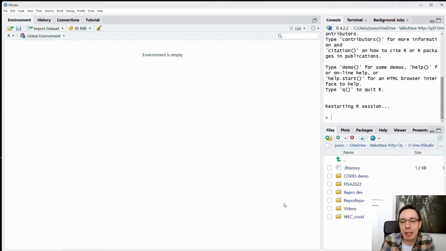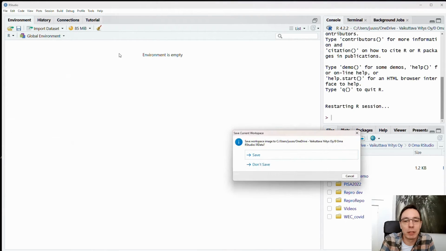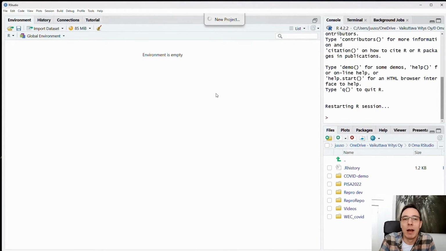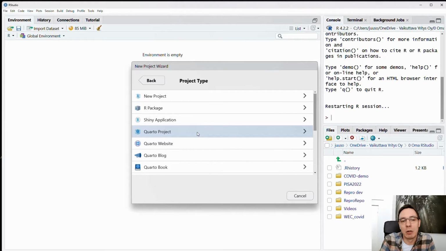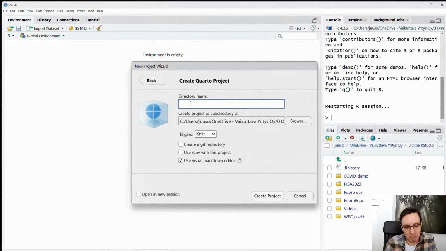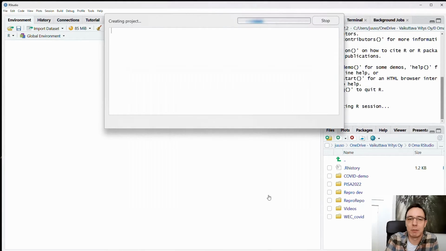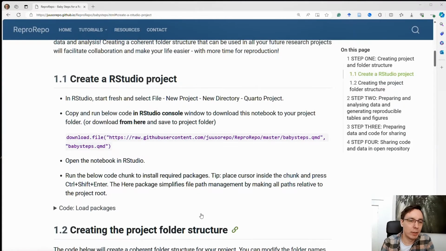We will start fresh in RStudio by creating a new project. File, new project, new directory, Quarto project. And we are not going to use Git or Renv in these basic steps. Create project. And next we will need to